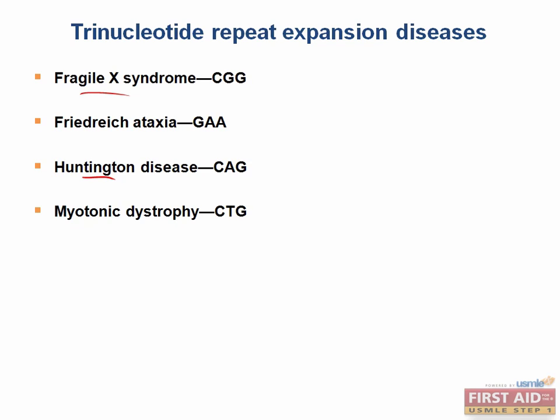The number of repeats expands in the female germline, so when these diseases are inherited from a female parent, they exhibit anticipation, which again means that the age of onset is earlier in successive generations, or the symptoms are more severe. You should memorize the actual 3-letter trinucleotide repeat sequences, since this may help you answer questions on the exam.